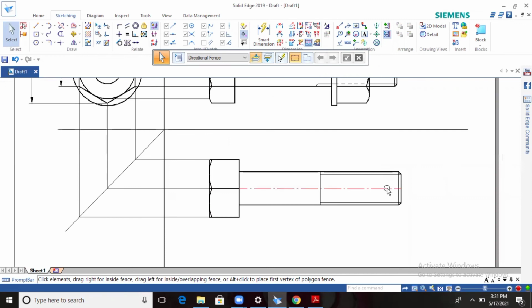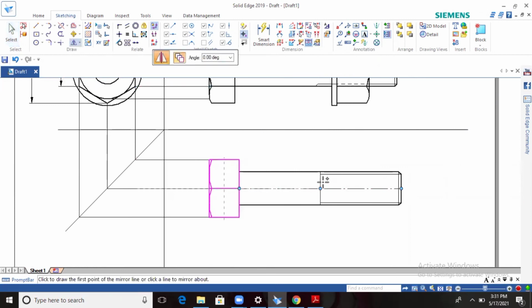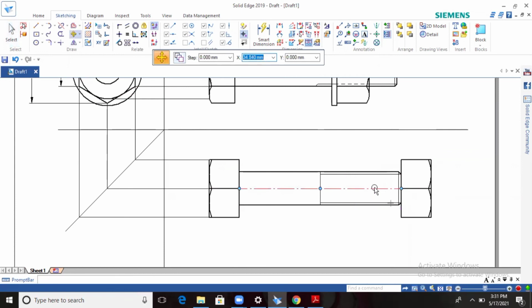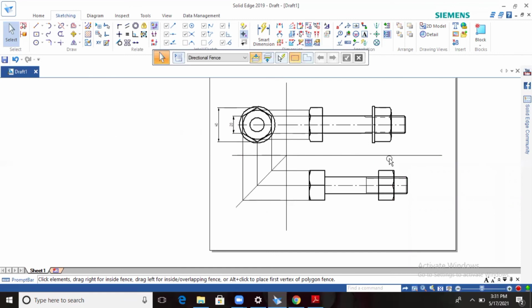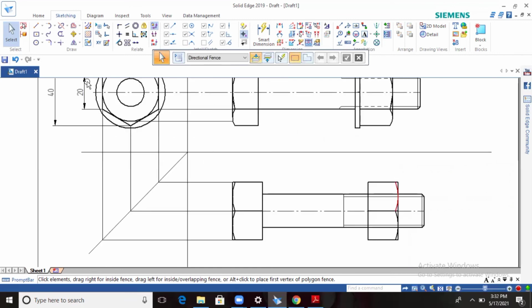Next you have to go for the nut of the top view, same method. So select it, go for the mirror option, so mirror with respect to here. Okay, and select this one, move command from the center to the inside. Okay, so better you project directly here and move.